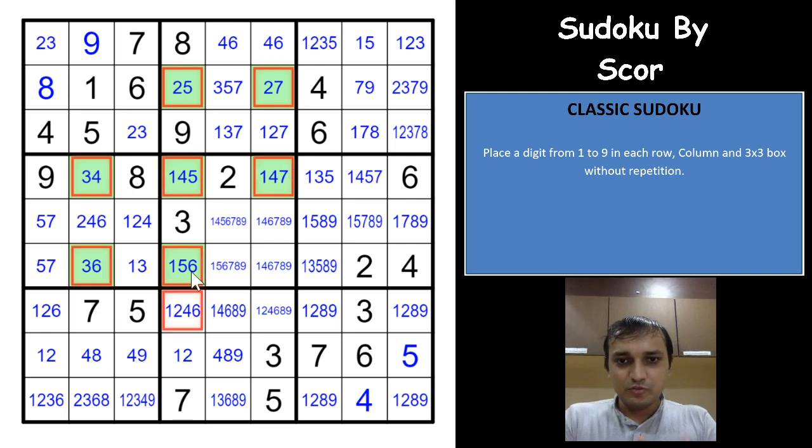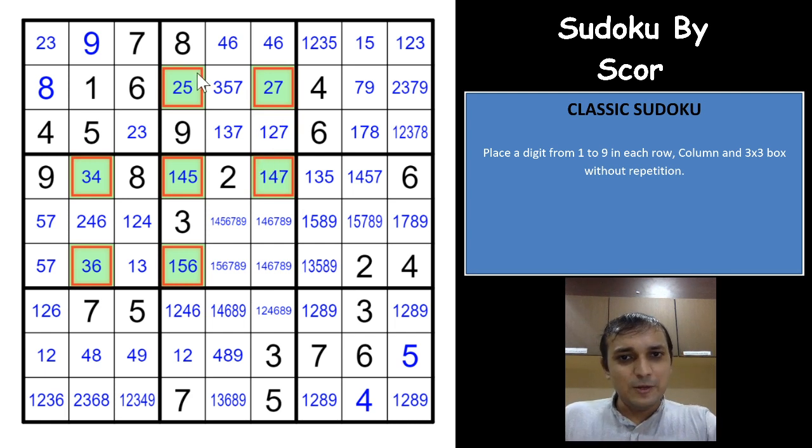Of course, if you see it properly, 5 can only be in one of these 3 cells, 7 can only be in one of these 2 cells, 2 can only be in one of these 2 cells, 3 in these 2 cells, 4 in these 3, 6 in these 2, and 1 in these 3. So if you see a bit ahead, you can see that all of these 7 cells form the septuple, exactly 7 distinct digits.